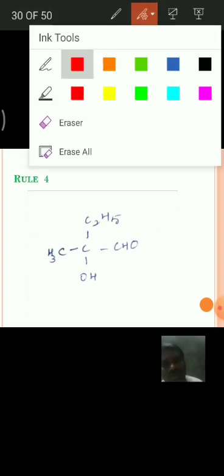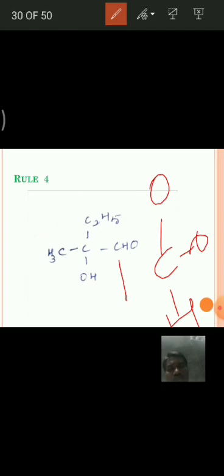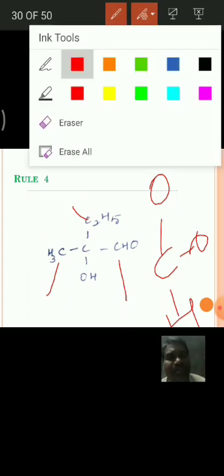If you observe this CHO, the C double bond O will be considered as C, O, and H. That means to this carbon, 1 hydrogen and 2 oxygens are attached. To this carbon, 3 hydrogens are attached. In this C2H5, the first carbon is attached to 2 hydrogens and 1 carbon. Hence, for assigning,